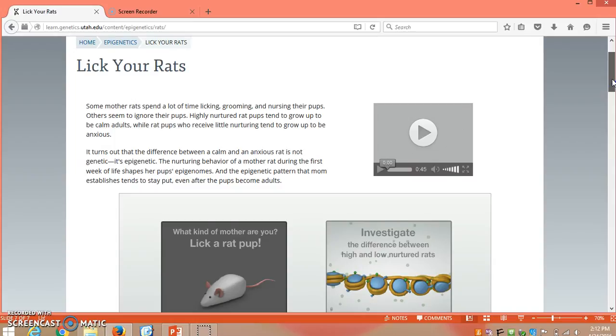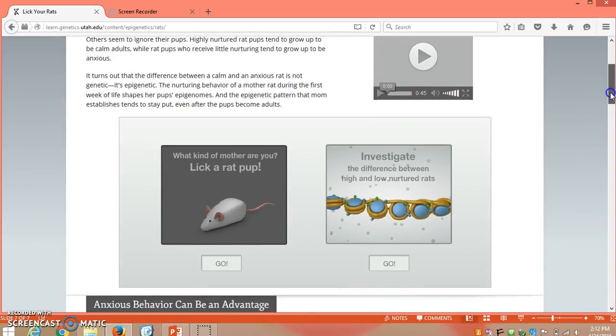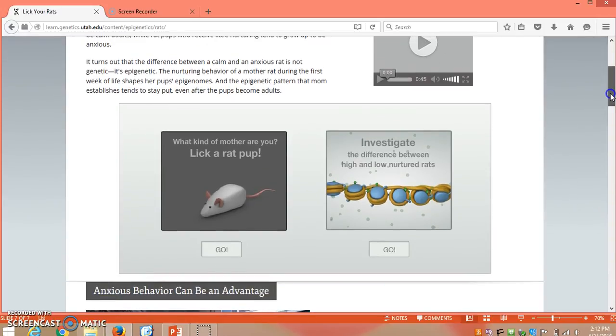scientists have conducted studying this process of how a mother cares for its kids and how it affects the behavior of a child throughout their life. And you can see we have 2 opportunities here to investigate. We can actually pretend to be a mom, like the researchers observed, licking our rats, which is caregiving. And you can also investigate what's happening internally, what's happening at the genetic level or at the cellular level when a mom licks its